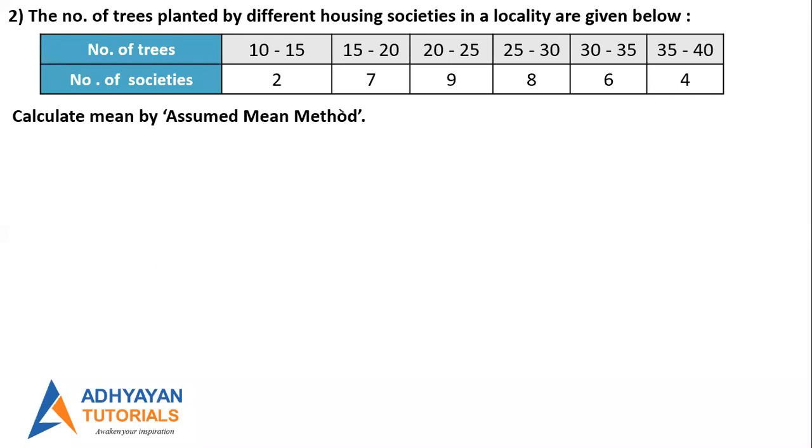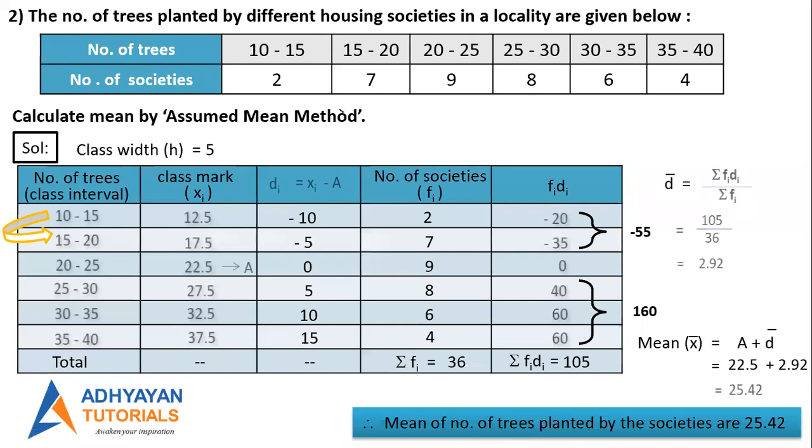Rajeshri, answer for the next question. 25.416. Yes. Anybody who has a different answer? 25.42, says Shreya. That is absolutely correct. Even Rakesh, you are correct. We have to round off to 2 decimals. I think that is what you missed. 25.416 is the answer. When you round off, it becomes 25.42. I hope everybody has written in the same fashion.